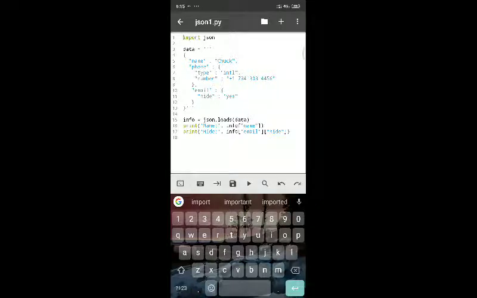Have a look at that hierarchical structure of the dictionary and how it is written. You can write it in any manner, so your dictionary structure may be a very complex hierarchical structure.